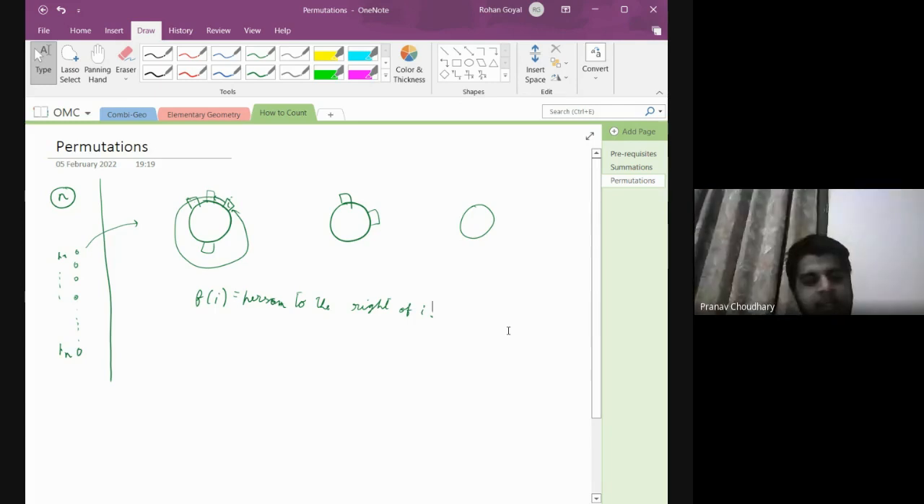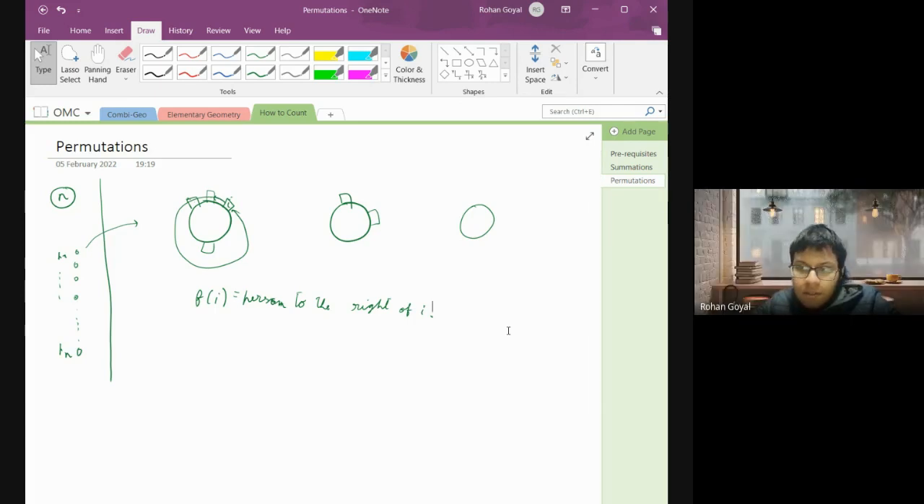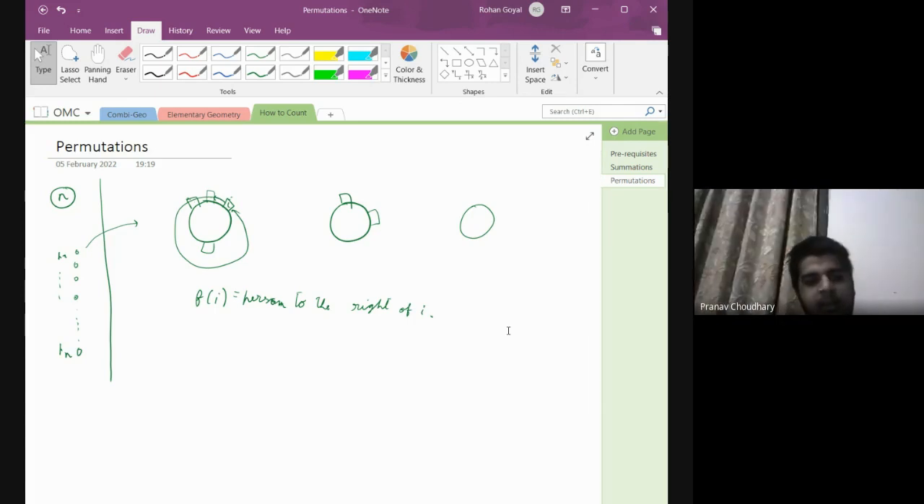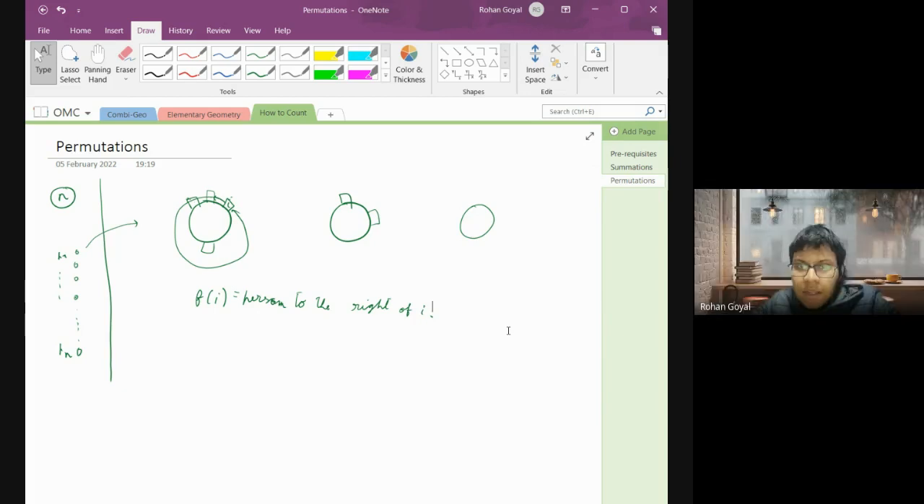On the right of P2 it's P1. Sure. So it's a cycle. So how do we arrange them in a line in that way? I mean,